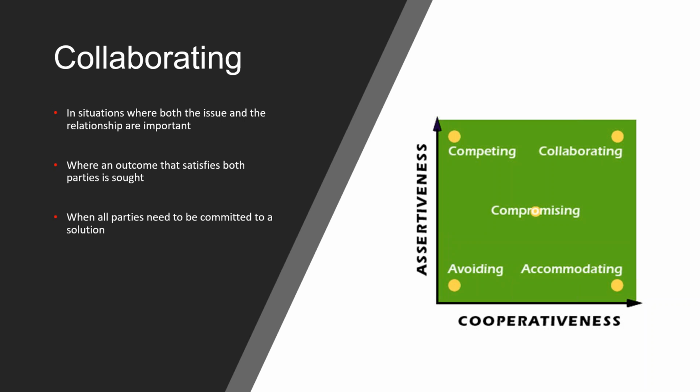So where there needs to be a commitment to a solution from both parties, that's where collaboration might be very effective. So this is why people who have a high score in collaboration can often find things frustrating, because they find that the other person has less interest in resolving it than themselves, and so therefore they're less motivated to enter into some sort of a dialogue about another way forward. So you've got to make sure that both parties are interested, otherwise it's not going to work.